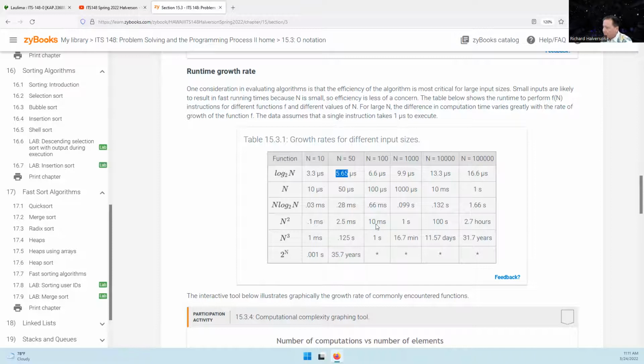And so when we're talking about sorting algorithms, we're talking about this row or this row, pretty much. Sometimes it's really important to go with the faster one, because if you're doing stuff way up here,